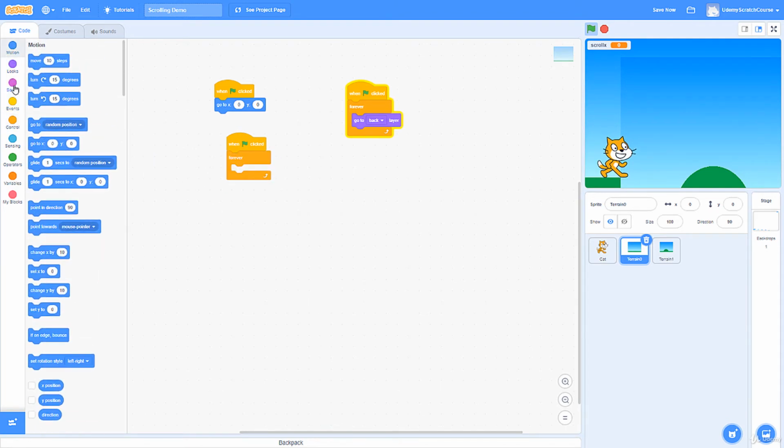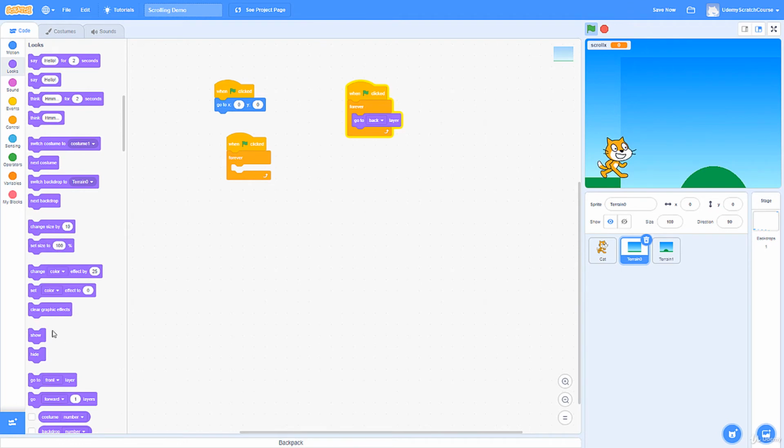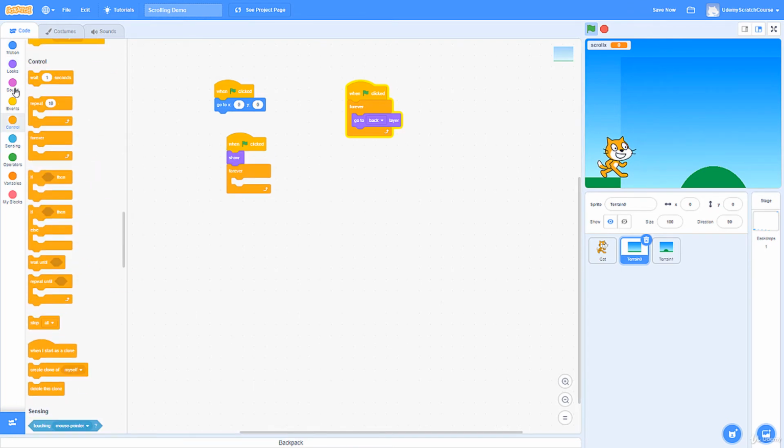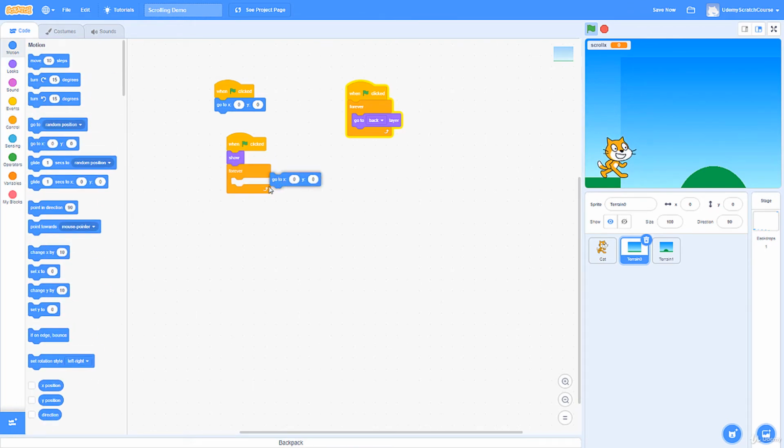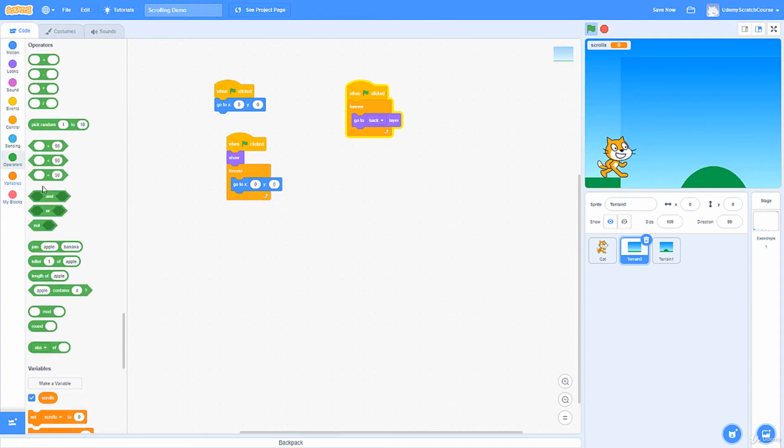Go to, actually we're going to show first. Forever, go to, and there's actually a pretty specific way of doing this. There's not a lot of wiggle room. When I go to our X,